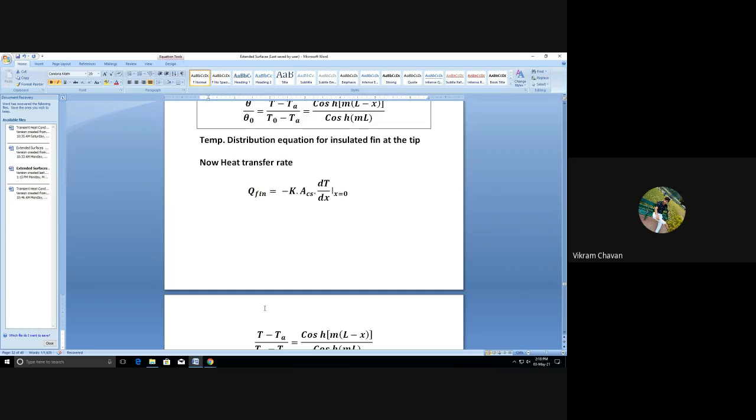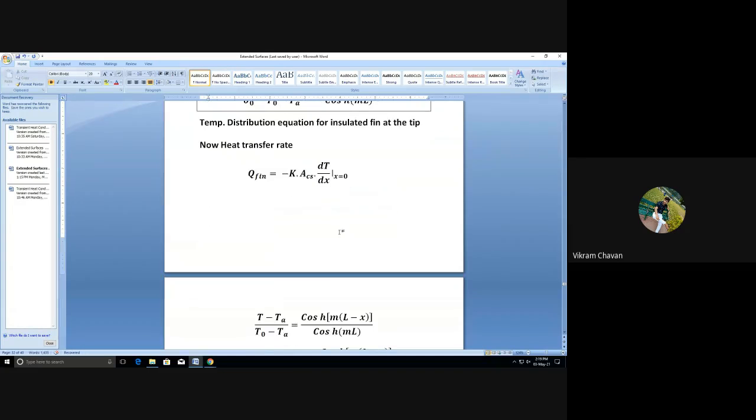Heat transfer rate. Heat transfer rate will be given as Q fin equal to minus k multiply by A suffix cs multiply by dT divided by dx at x equal to 0. Now once again consider